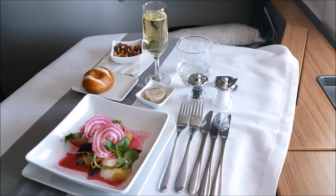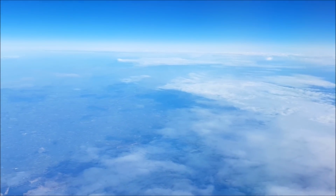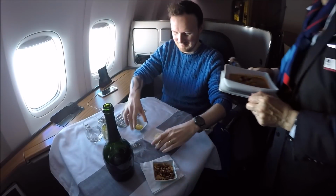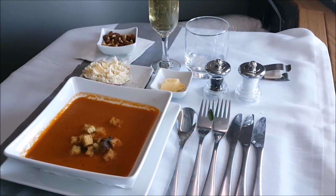Overall, it's actually quite a nice dish to start things off with. The lady serving me during this flight was really friendly and chatty, and she gave me the bottle of champagne to drink because no one else was drinking it, and provided me constant attention during my flight. Next up, I decided to go with the roasted tomato soup,